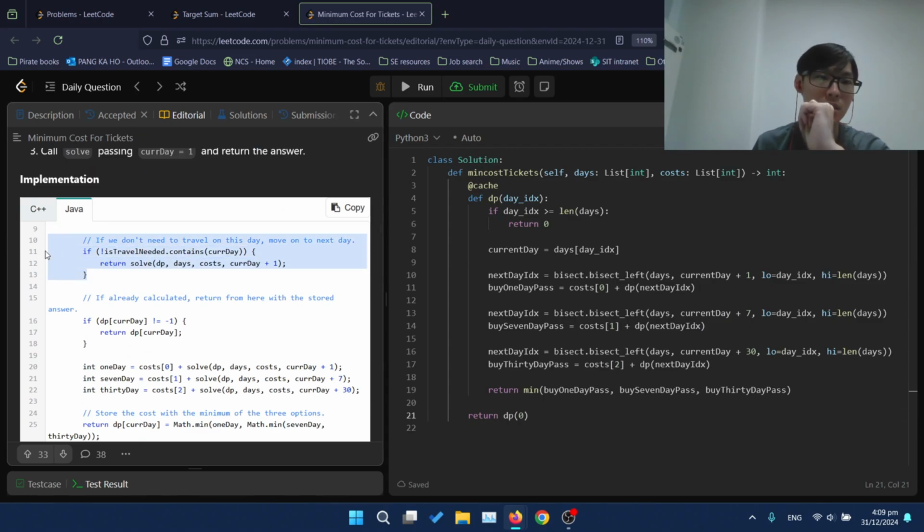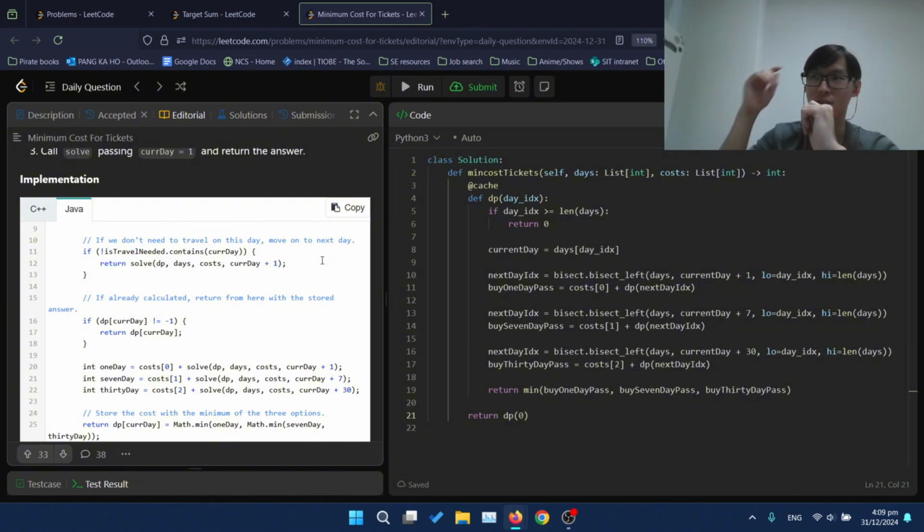Ah, I see. So this is where they do the linear scan. So instead of doing binary search, they're saying, okay, if we take the current day plus 1 and go to the next day, and we don't need to travel on this day, then we just recursively solve for the next day onwards.